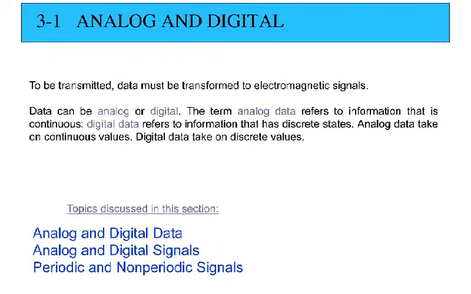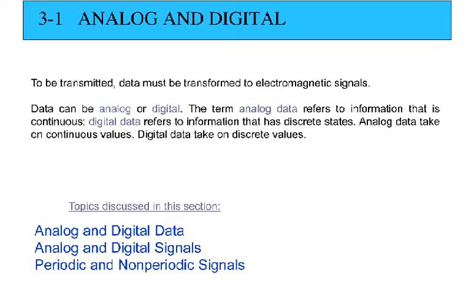To start, whether data or signals, there are two types of data or signals. There are the analog data or analog signal, and there are digital data or digital signal. So analog and digital, they apply to both data and signals. Okay, so